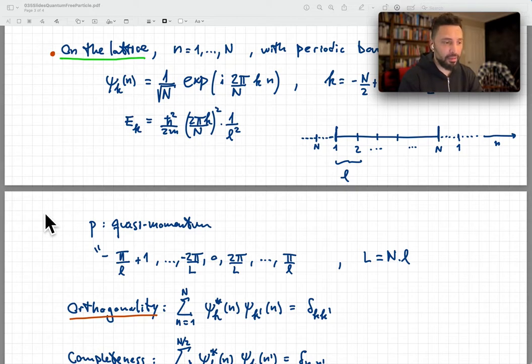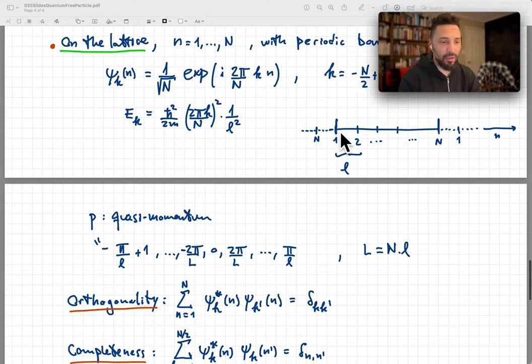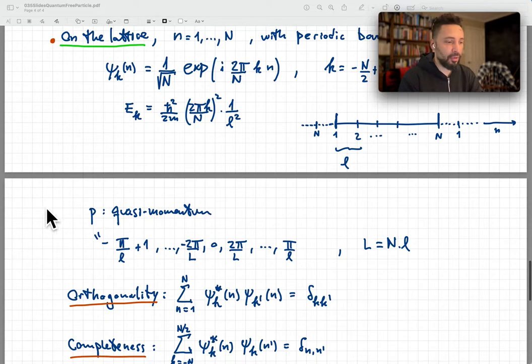So we can't speak of momentum as corresponding to a continuous symmetry. That would require spatial translation invariance that would give you, by Noether's theorem, a conserved quantity. Well, we don't have that here because this translation in space is not a continuous symmetry. And so we only have a quasi-momentum that is conserved,